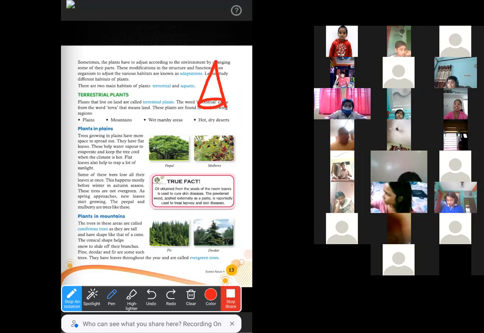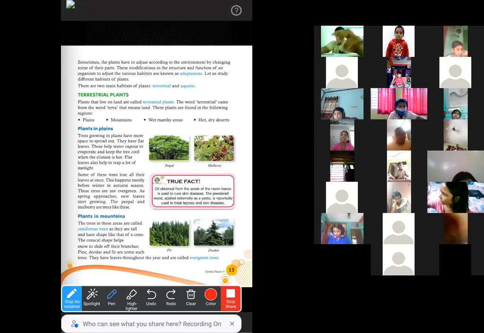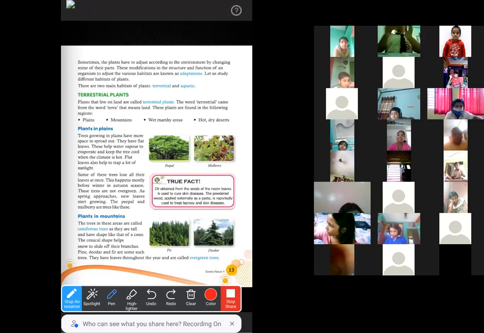You can see in this picture in your book, the Deodar tree and the fir tree. These have conical structures. This is why these trees are called coniferous trees, because they have a shape like that of a cone.